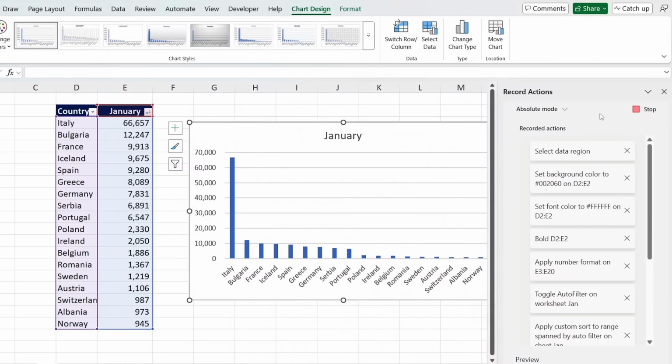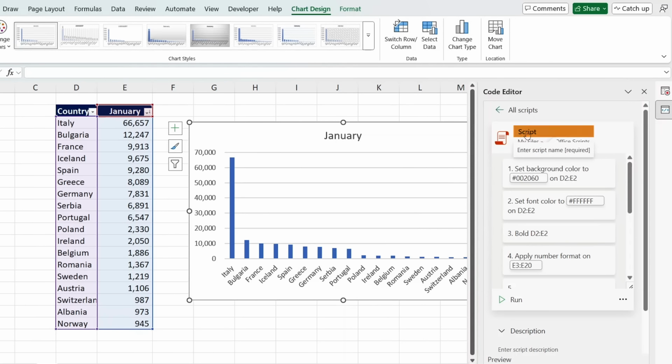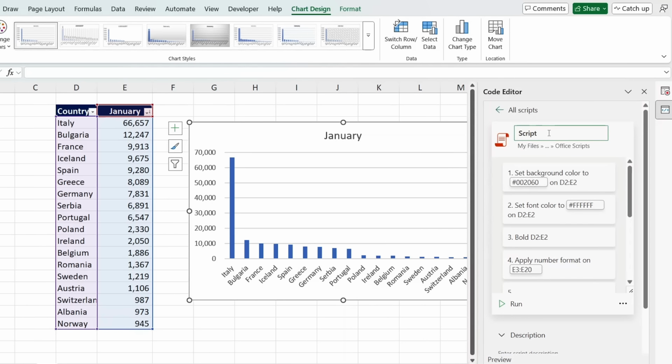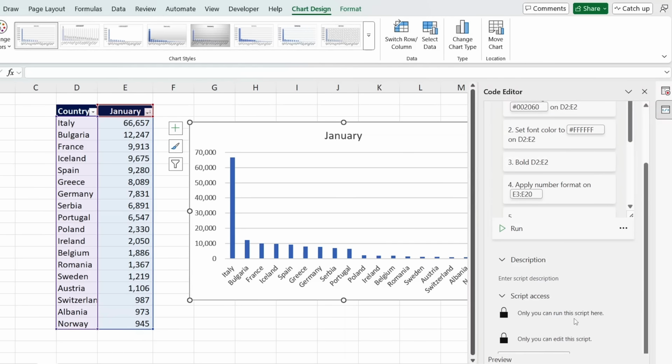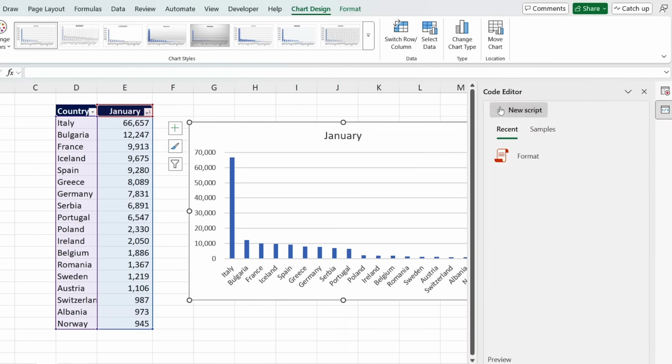Once we're finished with all these steps, we can just click on this Stop button. And you see we have this thing called a script now. We can rename it to something like Format, hit Enter. And if we scroll down, we can add a description for it if we wanted. And we can choose who can run or edit this script as well. We'll go back here under New Scripts, and you'll notice we have it as a format now,